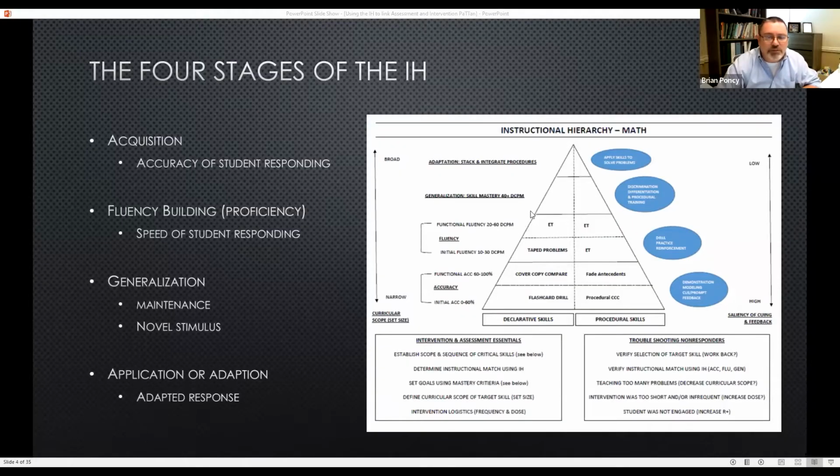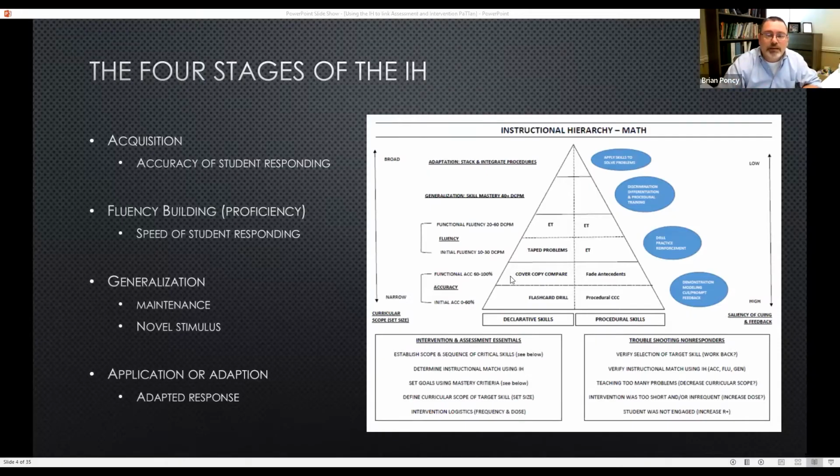And we've done some research that shows actually explicit timing or time tests can work really well. But even if a child is accurate, if they're below 10 digits correct per minute, it's not going to work very well. And so being able to assess a student in the skill, looking at that skill profile, where they're at in terms of their accuracy and fluency, is going to be really helpful to exactly which intervention you